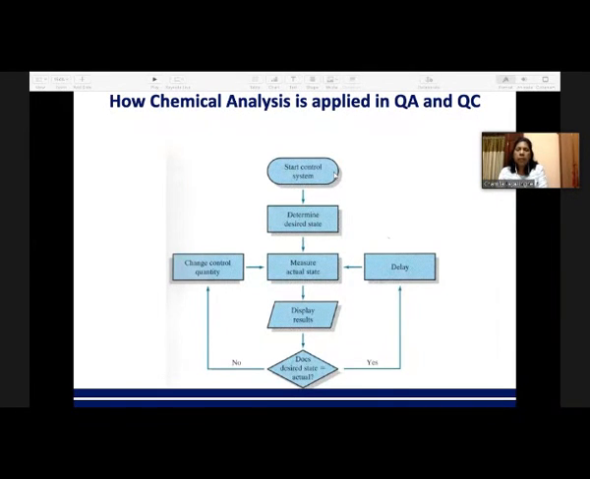And in such a situation, once you do this, start the control system, determine the desired state, measure the actual state, display results. If the desired state is equal to the actual, then after some time you can do the same analysis again. If the desired state is not the actual one,